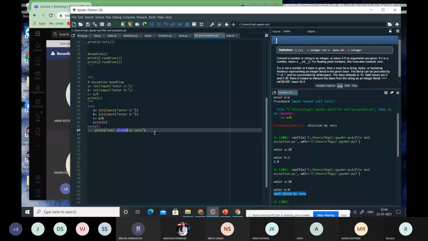Also, if you want to implement an except variable here, you can refer to that. Otherwise, if you simply write except and then the statement, that can also work. If you want to use the exception variable with the except statement, you can use it with the help of the as keyword, like except Exception as E. It will also work.